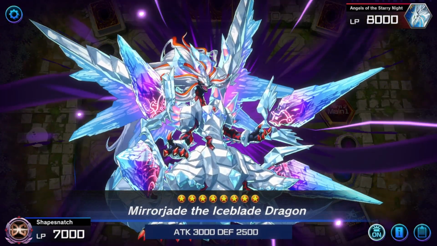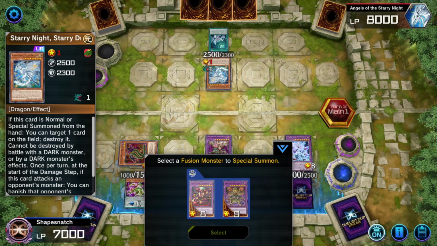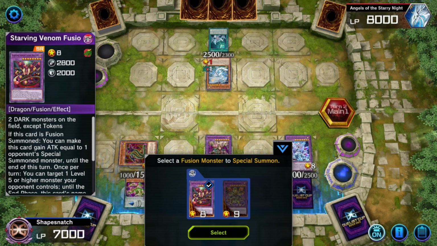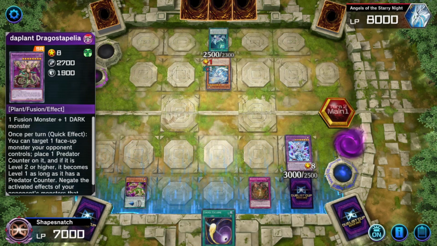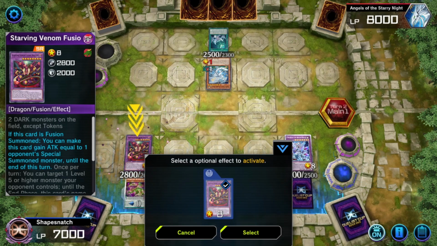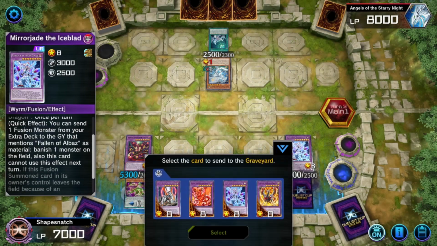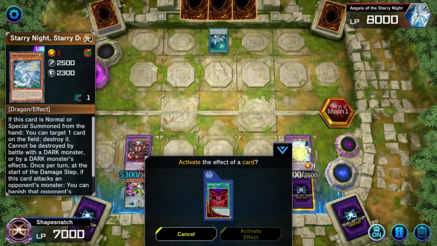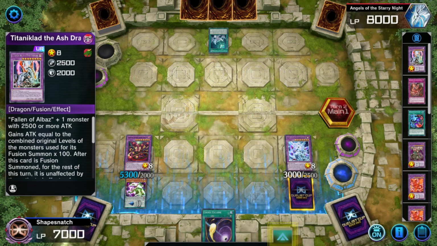And if they had something we could fuse off that's not a Starry Night Starry Dragon, you could make something out of it, such as a Starving Venom or a Triff. But since they don't have anything we can fuse, you wouldn't use it, but this is just to show that you can have another interruption if they're playing a dark deck. But yeah, the Mirror Jade is back now, so now we get a fifth interruption with Mirror Jade, where we can send Titanic Clan now since we already sent Albion this turn. So that setup is essentially up to 2 Dragostapelia effects and 2 Mirror Jade effects